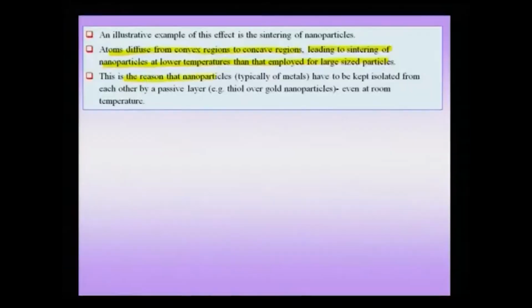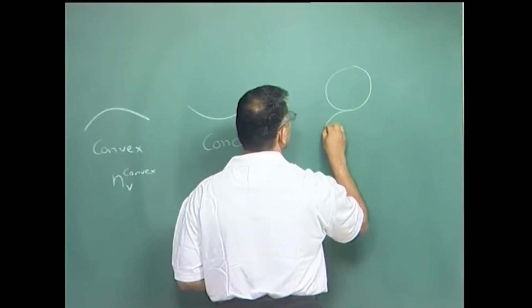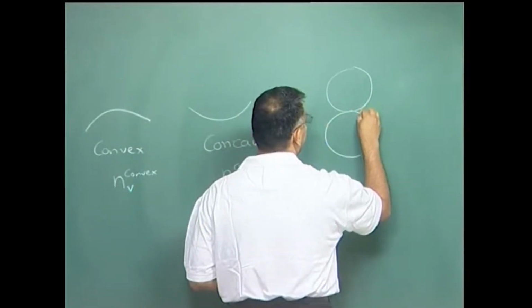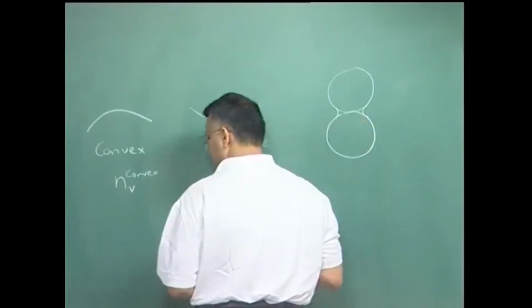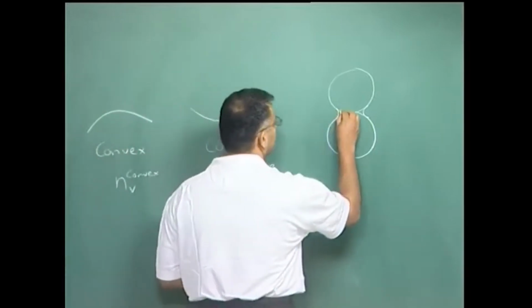And this is the reason we have seen that metals typically have to be kept isolated from each other by a passivating layer. That means nanoparticles and nanocrystals have to be kept isolated even at room temperature. So now what is happening in the case of nanocrystals is that, when the sintering process starts, you have a neck formation,